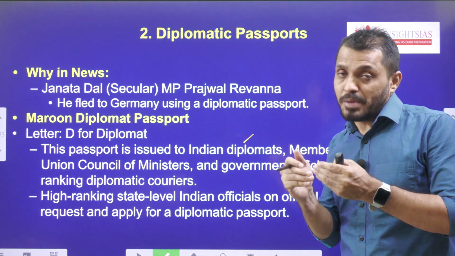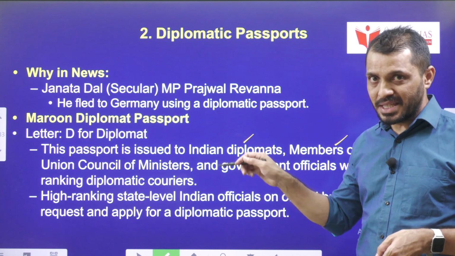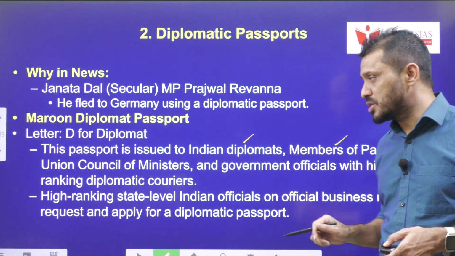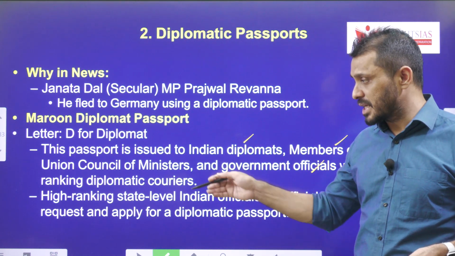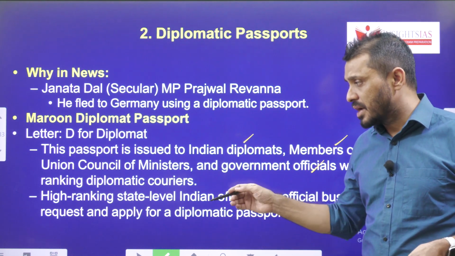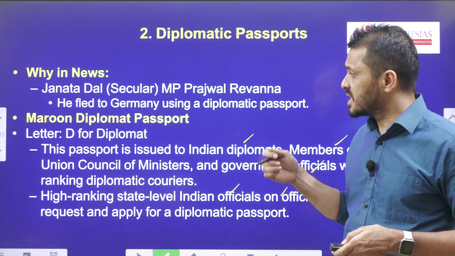So who will get this passport? That you have to know. Indian diplomats, MPs. Now he is an MP, that is the reason he is holding that passport, and government officials with high ranking diplomatic countries, diplomatic couriers, and high ranking state level Indian officials also, they can request for this diplomatic